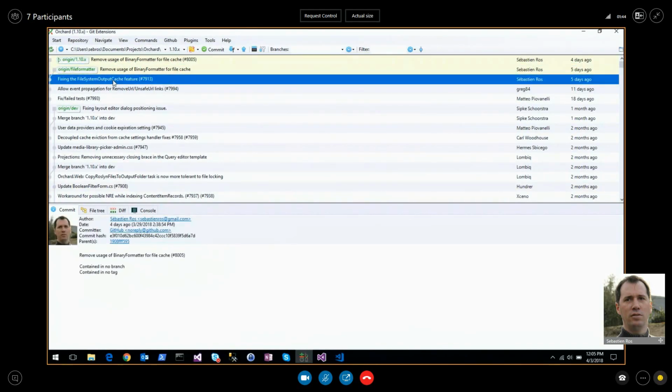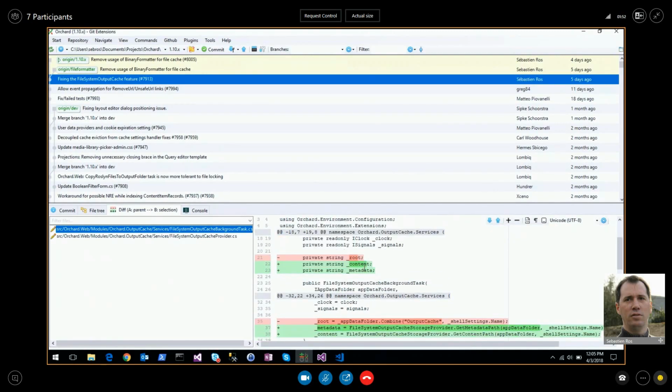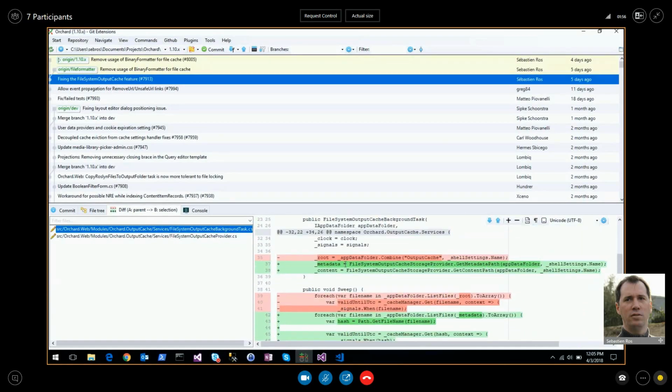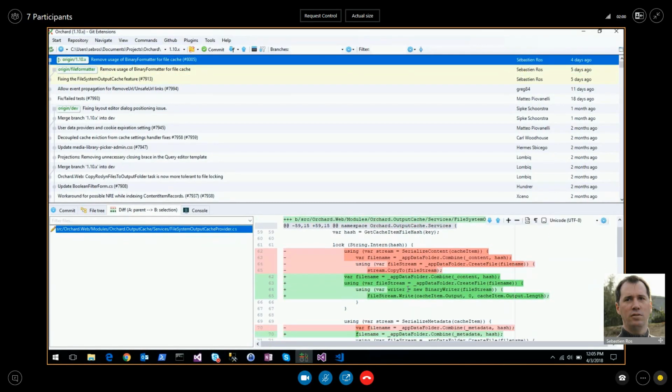So the idea is that I merged my pull request with FileSystemOutputCache fixes because there was an issue open about encoding the file names. So this PR was fixing it. He tried it. It was fixing his issue. So I merged it, and then I optimized it to remove the usage of the binary